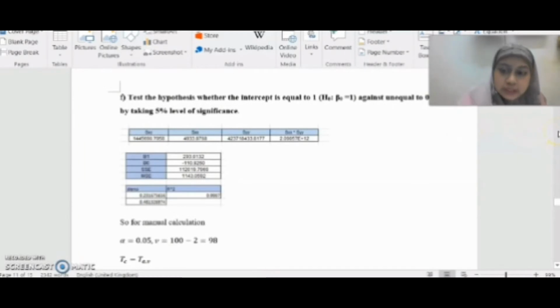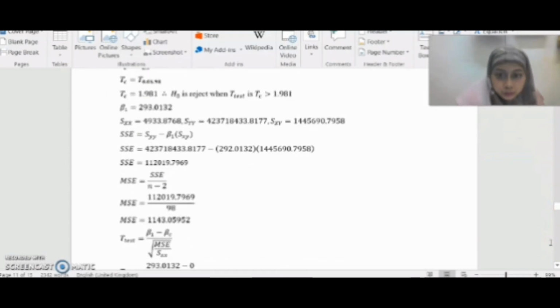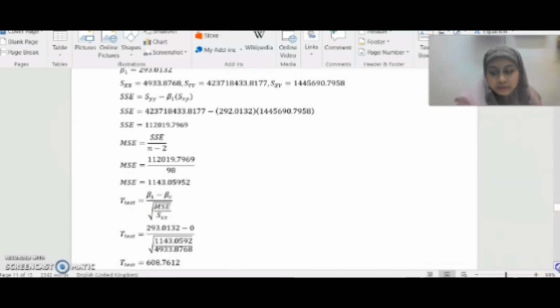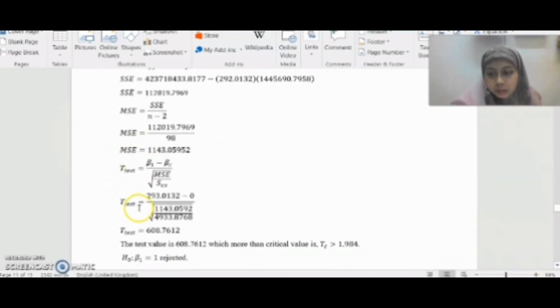So for F, we need to test the hypothesis, and this is our Excel calculation for this question. Next, for manual calculation, we got that tc is 1.981. H0 is rejected when the t-test is more than 1.981. Next, we need to calculate the SSE, MSE, and this is the formula of MSE. We put the value and we got this answer. And for the t-test, this is the formula. We put the value into the formula given, and we got the value is